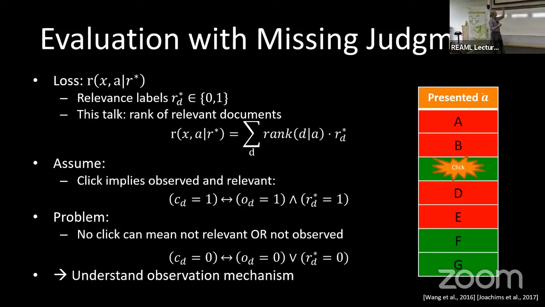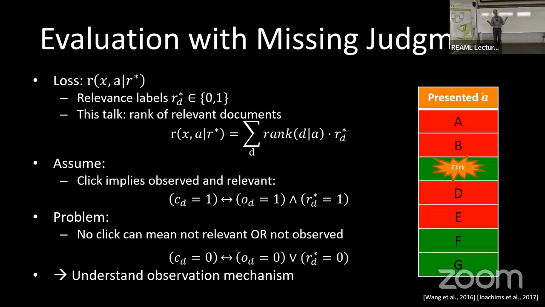Then we make some behavioral assumptions about our users. One assumption that we make is if somebody clicks on something, then it's relevant and the user must have seen it, right? So there's this additional random variable that comes in, O of document, that indicates whether the user actually saw a particular document on the page. Clearly it's more likely that a user sees something at the top of the page than at the bottom. So if something's clicked, it was seen and it was relevant. If something's relevant and seen, then it's probably also clicked. So that's not an issue, right?